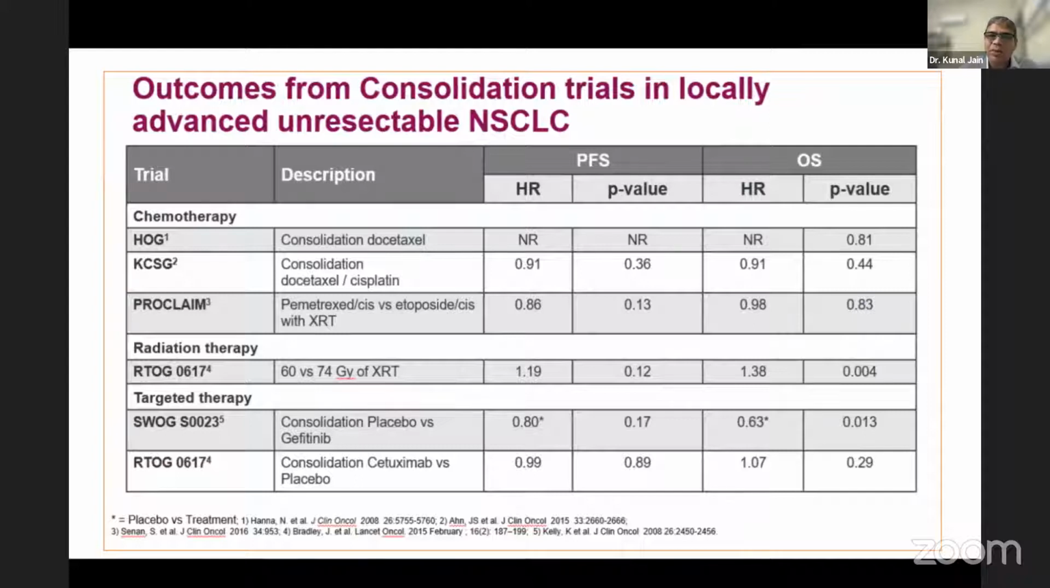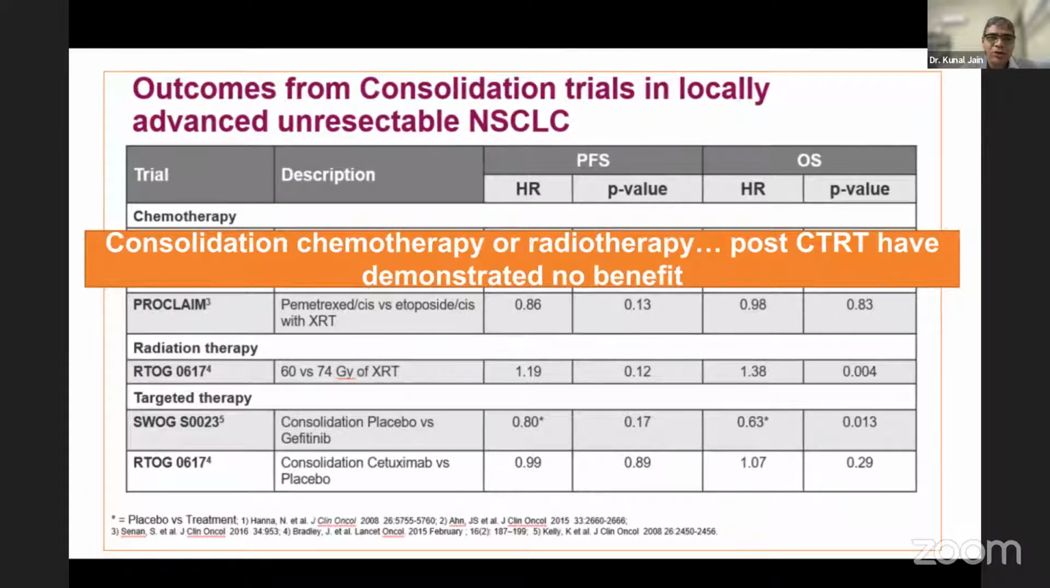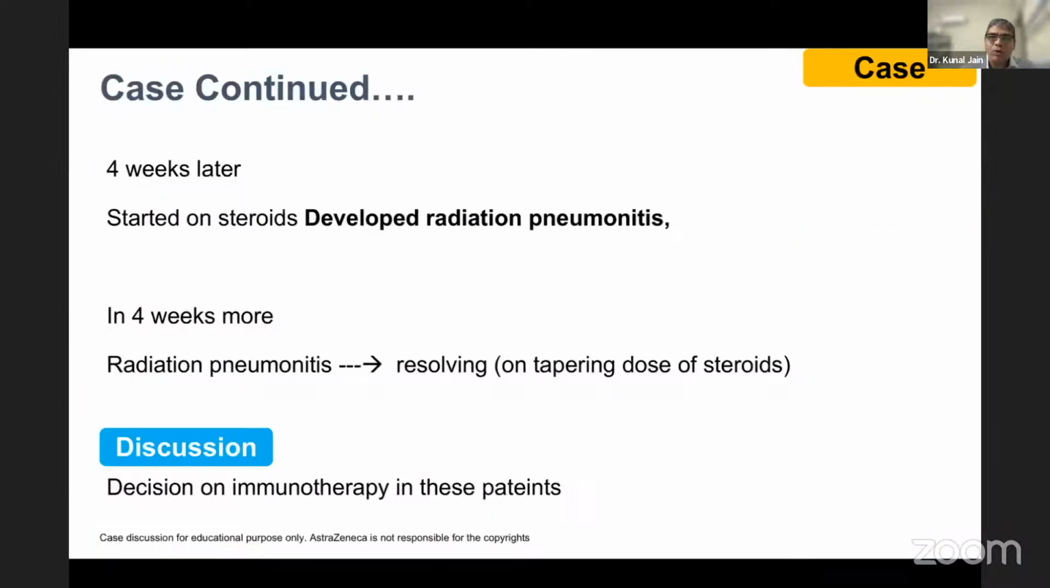So once we have given them chemoradiotherapy, what do we do next? Because the majority of these patients again will have relapse, and their progression-free survival is usually about 6 to 7 months. So can we do anything in terms of improving the outcome? Various studies, the most famous being the SWOG, with consolidation docetaxel also was done, but they failed to show any improvement over the